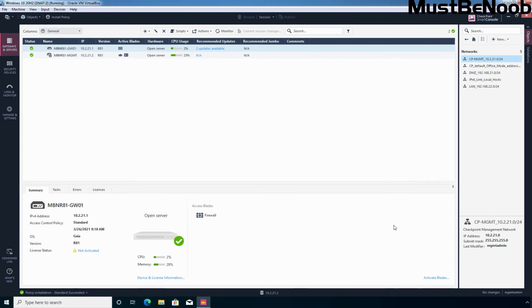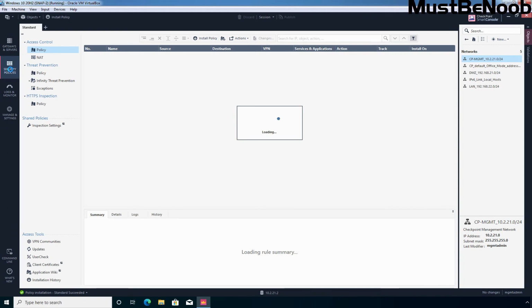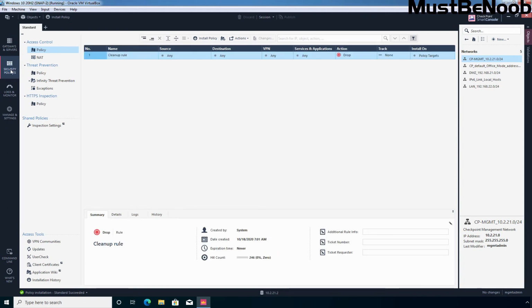So I have created network objects as per my lab topology. Now let's see how we can use those network objects while creating a firewall rule in Checkpoint. To see that, I'm going to click on Security Policies. You need to click on Security Policies on the left-hand side. I haven't created any policy yet. I just want to show you how you can use those objects while creating an access policy in Checkpoint Firewall. And keep in mind, do not modify the cleanup rule. Let's right click on rule number 1 and select New rule above the cleanup rule.